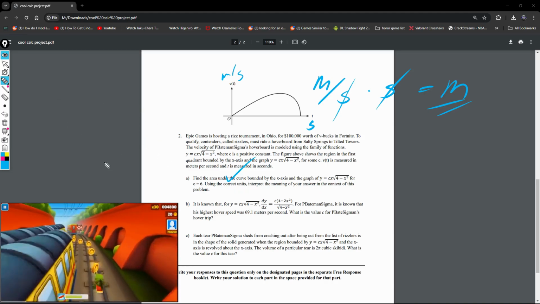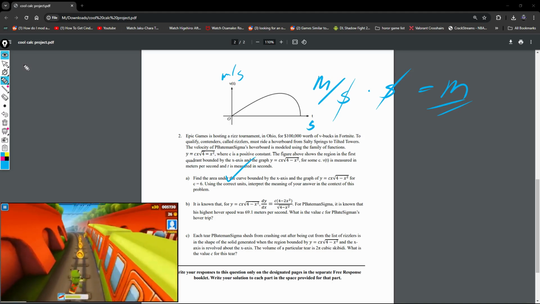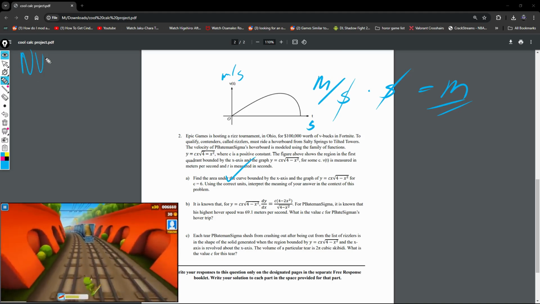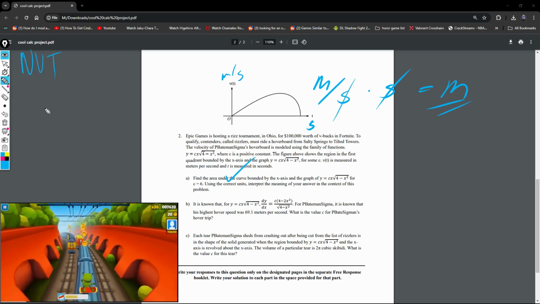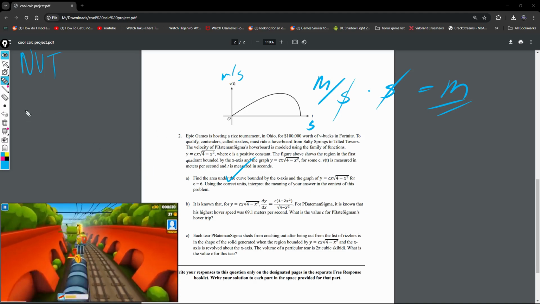Interpret the meaning of your answer. And guys, what is the acronym that we use? Correct. So for the two of you that said it. So guys, nuts. So C. Okay, Y